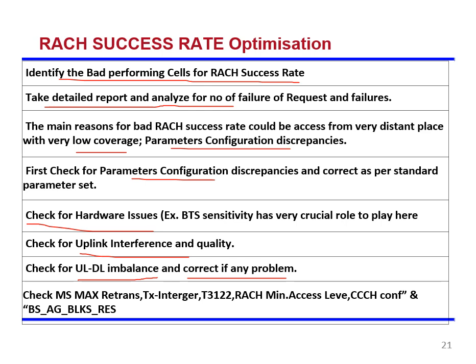And some of the parameters in the OMCR, in the BTS parameters, which are also helpful in addressing this low RACH success rate, are mobile station max retransmissions, transmit integer, TS3122 timer, RACH minimum access level, control channel QoNF, and then bulk response, BL cases. So these are the various parameters which can be adjusted to get a good RACH success